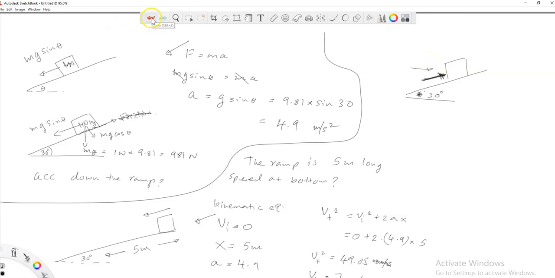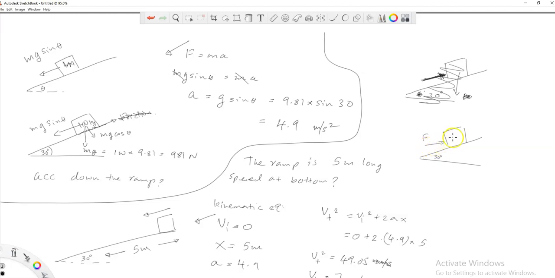So the easiest way to do this is applying a force parallel to the ramp. So how much force do you need to prevent this from moving? Well, is it equal to the weight? Something's wrong with the pen. Let me draw a new diagram. Okay, so here's this 100 kilograms, 30 degrees. The question is how much force you need to apply parallel to the ramp to prevent it from sliding